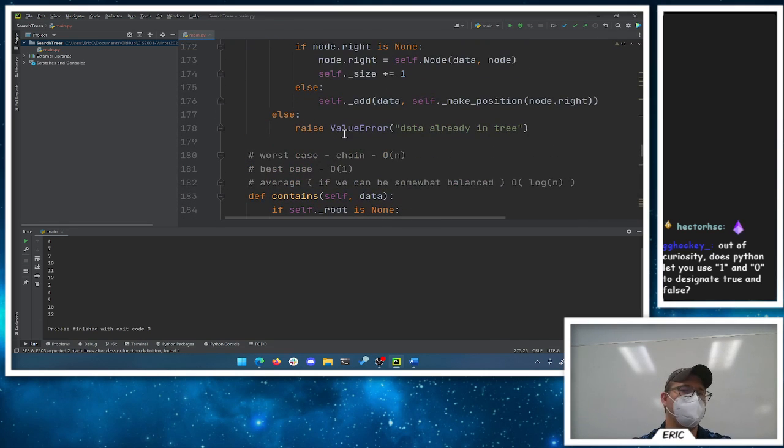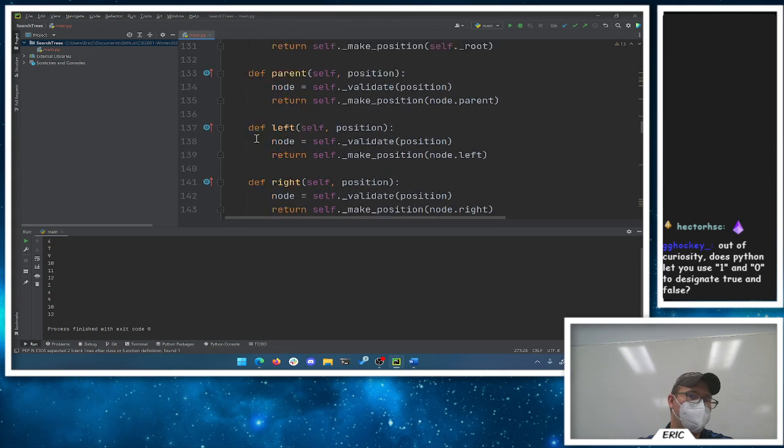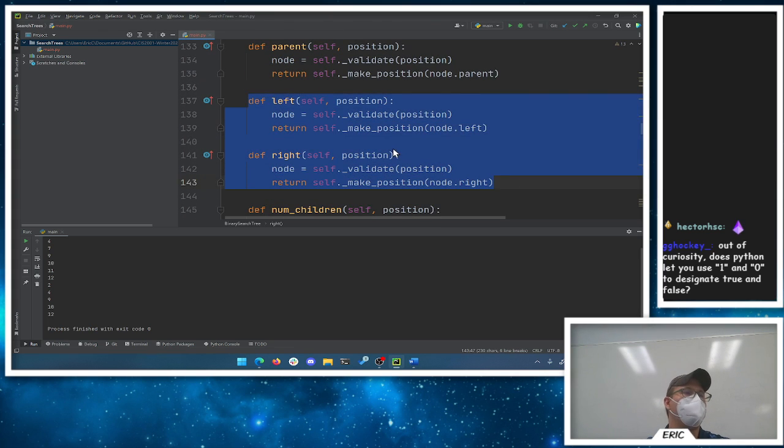So we could add in something that will give you the first position, or something that will give you the last position, and then we have these ways of saying right and left, which is not really ideal here. So what we want to add is next or before, right? What comes before this or what comes after this, before and after position. So to say what comes before position, it's going to be the left and then most right,